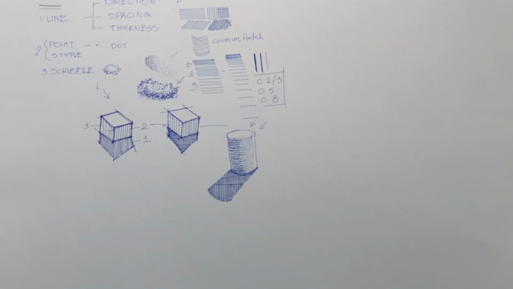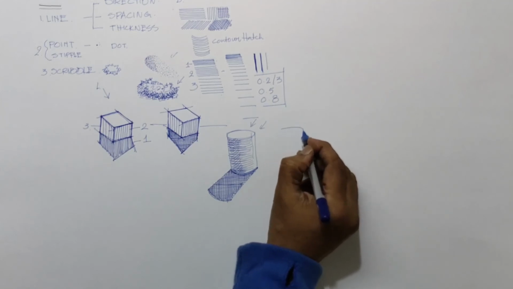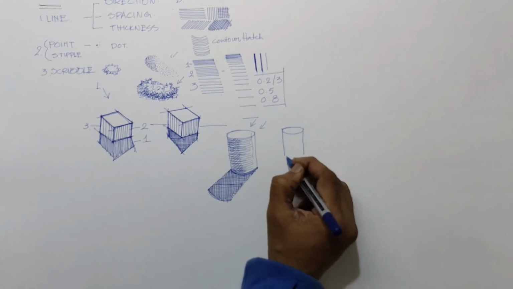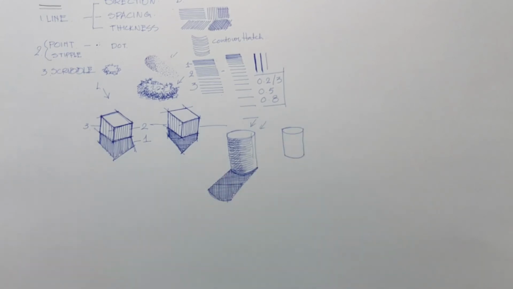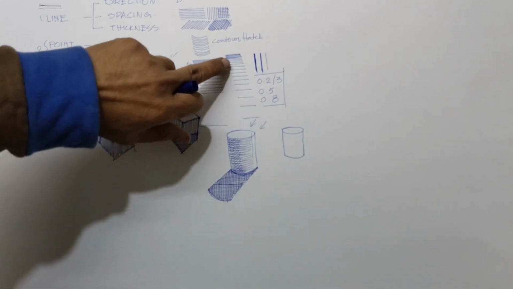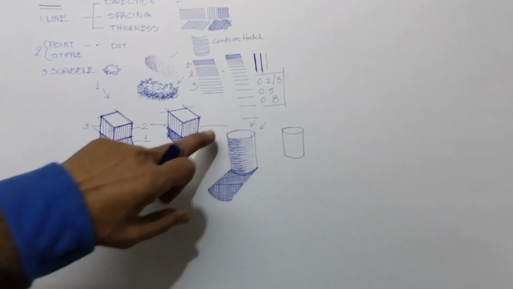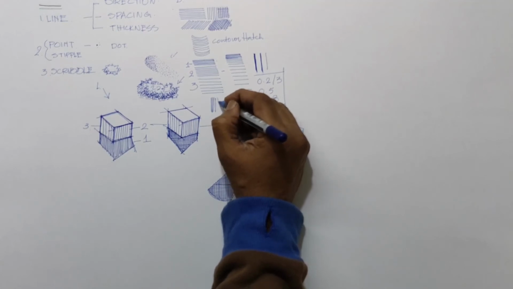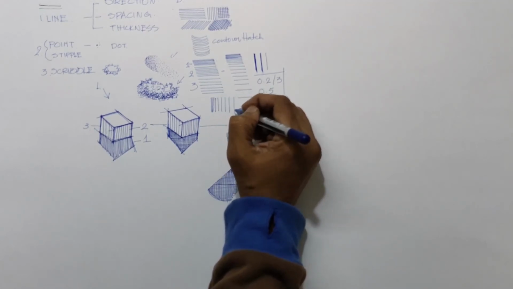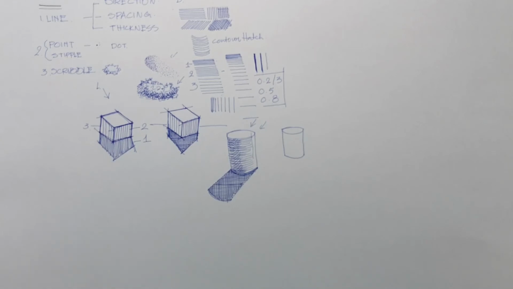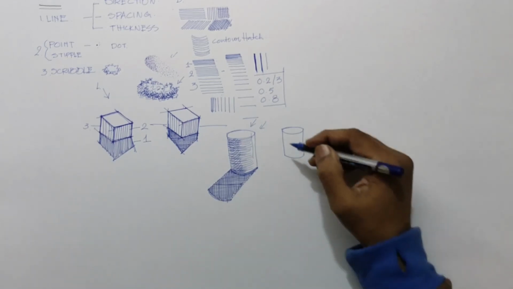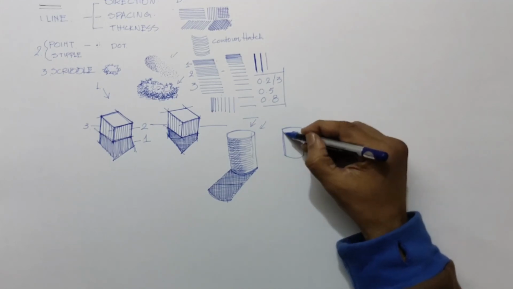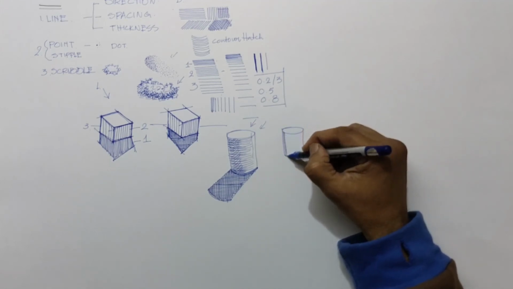And here if I want to use a cylinder, I am using a cylinder again. Okay, but I don't want to use a contour hatch. Then this will come in handy. This is horizontal. I can draw a vertical grading. See, vertically I can draw grading now. See, the same thing I am doing in vertical. So that vertical grading will be helpful for me to draw this. I am leaving some space there, the reflection I said from the surface ground. See, close lines I am putting.